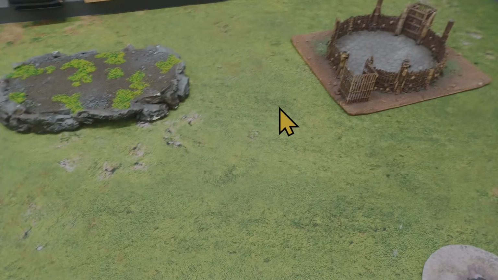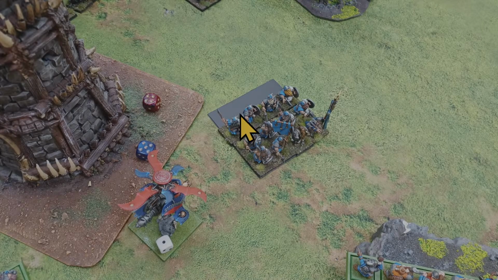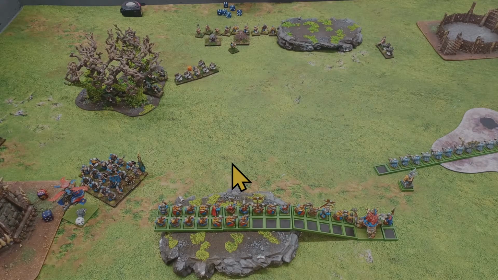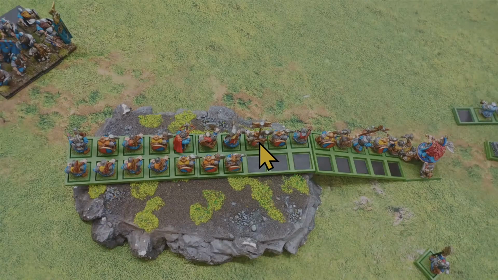So the Iron Drakes finish off the enemy Iron Drakes. The Gun Thane and the Gyrocopter blast away at the Dwarf Warriors, take out a good few of them. And the Rangers, if we look at where they were, up to the edge of the hill, I think, almost. So do I back the Rangers up a bit? I think I walk them back a bit, make the charge harder, and also